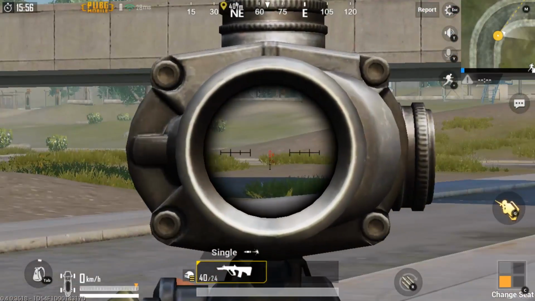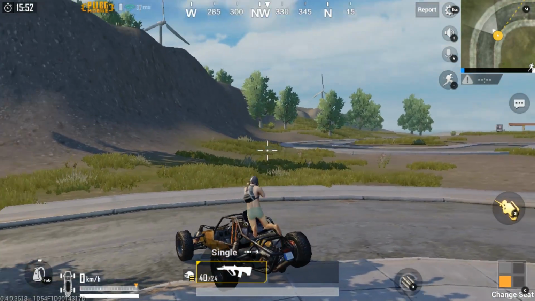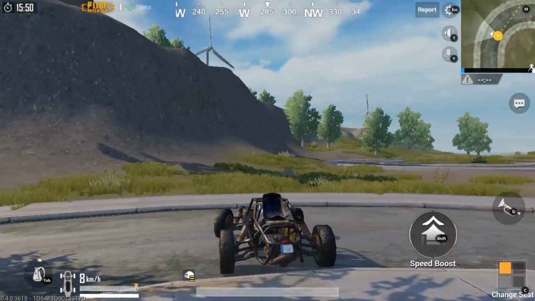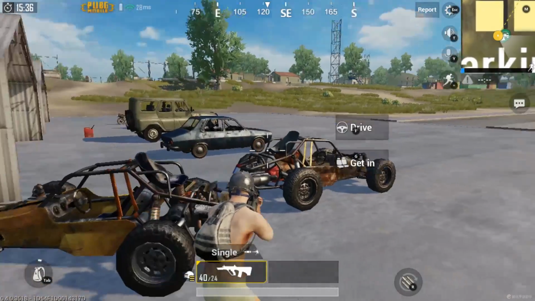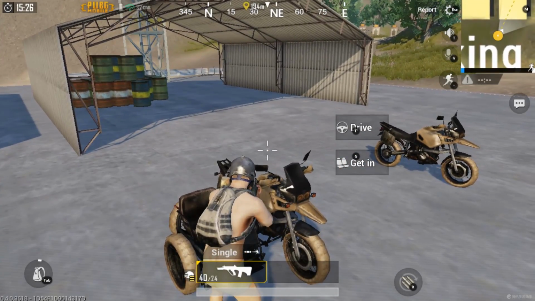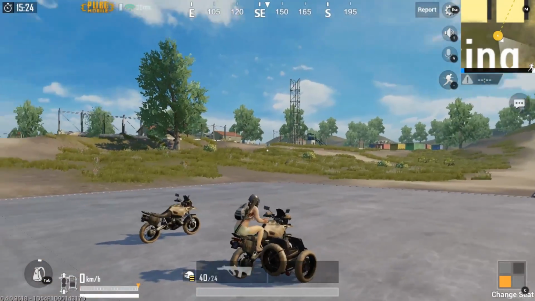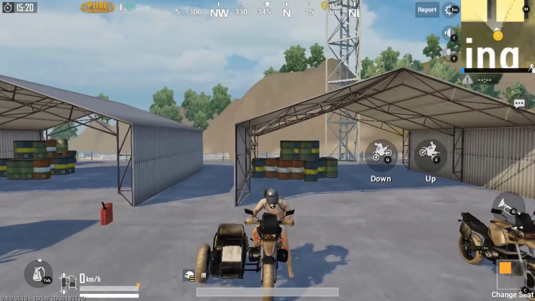Right click, of course, aims down sights when you are on the seat of your vehicle, and depending on the vehicle, of course, you will be able to shoot from different positions in the vehicle. So let's go check out these other vehicles that we've got here. We have the 3-seater, which I'm going to press G, and that puts me in the back seat. If you press C again, it changes you to the front seat,